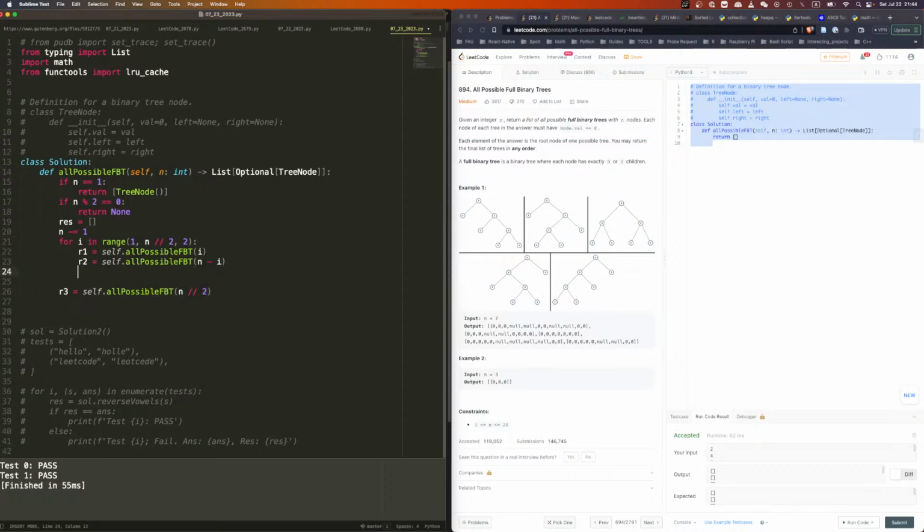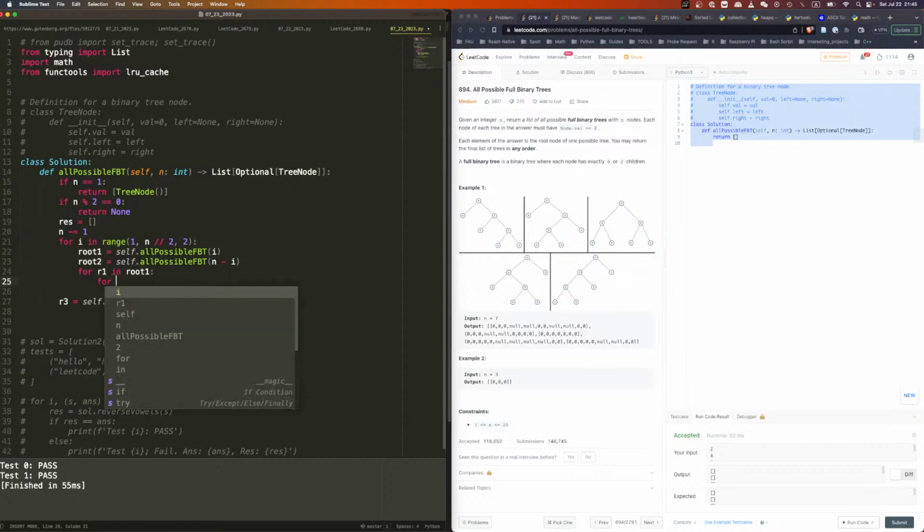Then what? Then we're gonna do for everything in this, we put in here, right? For everything in this, we put in there, and then we swap. So we can say root left. Oh, I shouldn't say root left. Root 1, root 2. So I can say for R1 in root 1, for R2 in root 2,